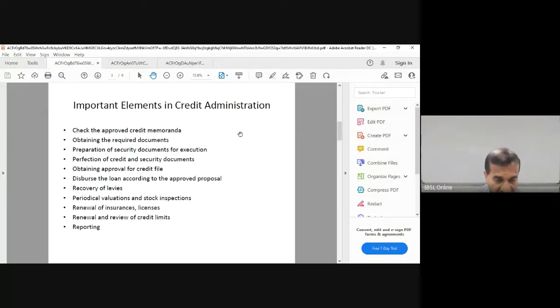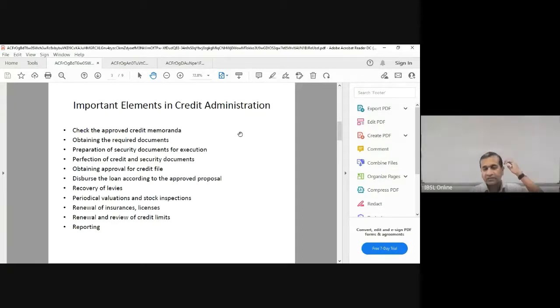register of companies, because you know that to get the priority in case of liquidation, unless you have registered with the register of companies, you don't get the creditors' rights. You can't get your name listed in the creditors list, but remember, if it is a mortgage, you have the priority. Then once the security documents are perfect, in the sense of getting signatures from the customer on loan documents, and notifying or registering with the other parties, you have to take an approval for the credit file.